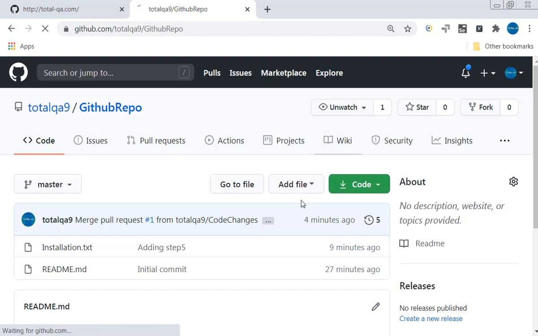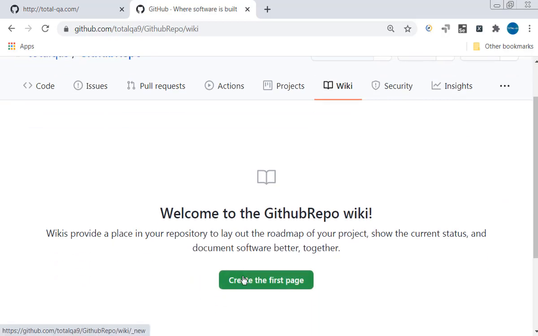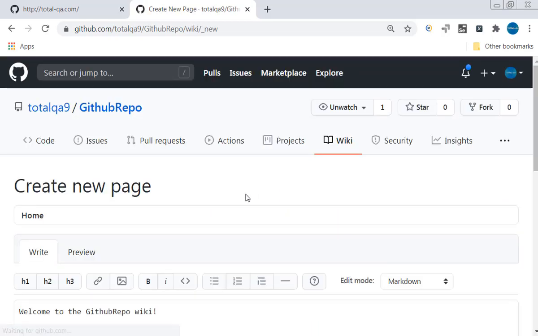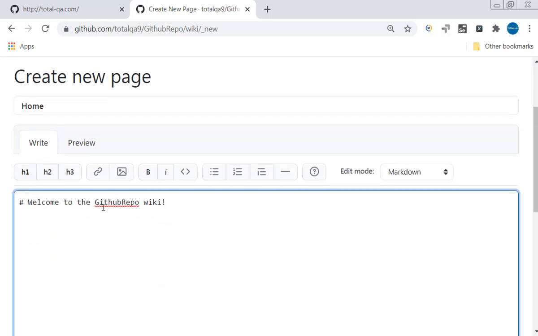Also, you can even maintain a wiki. It supports HTML tag names. See here, I can say welcome to the GitHub repository, and I can mention H2. It supports frameworks.